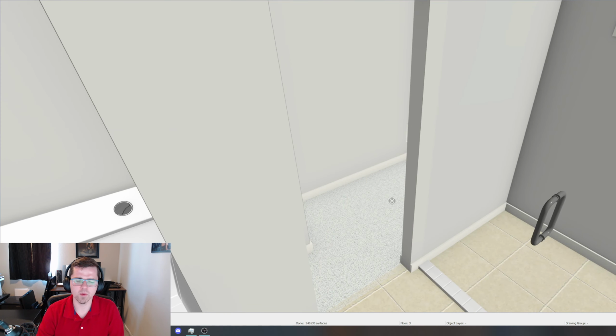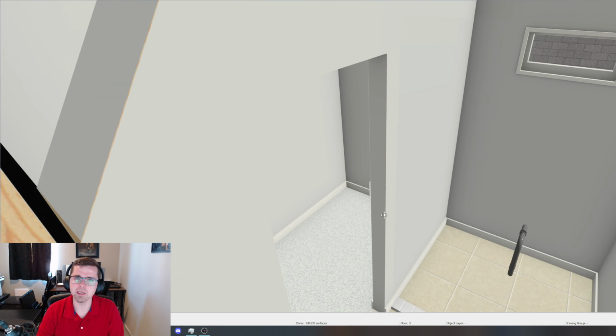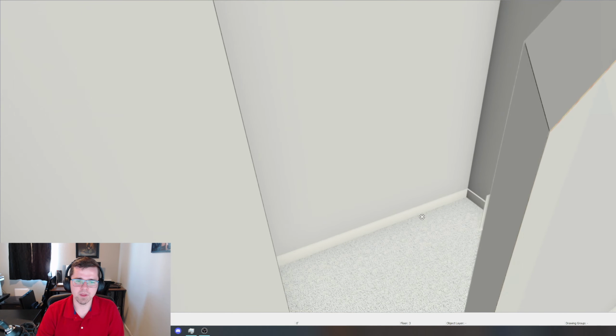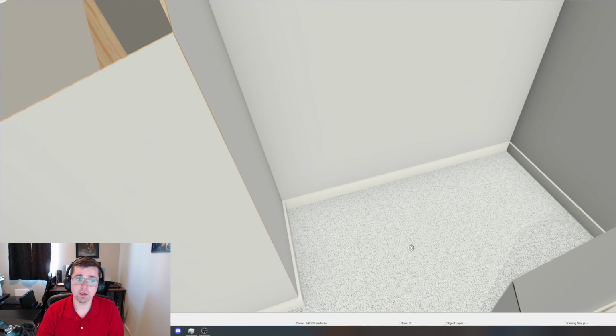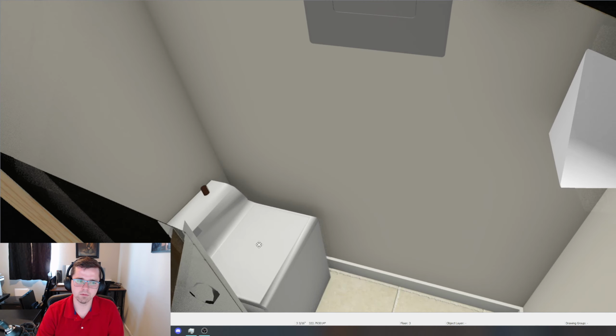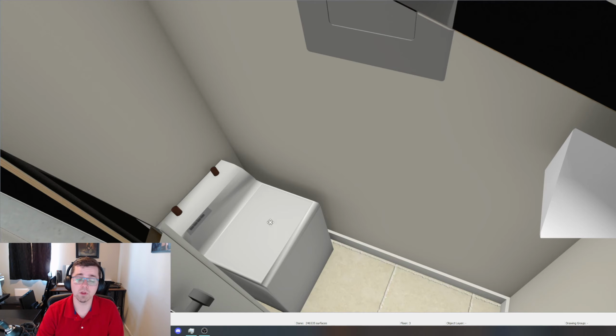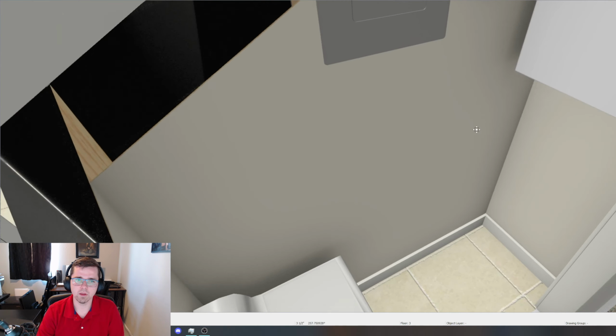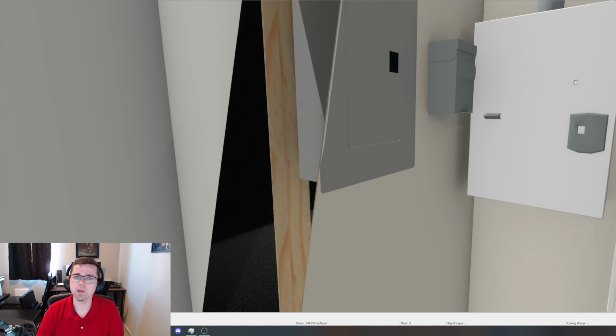I didn't go through and really furnish much of this. This is just enough to give you kind of an idea. And then we've got a small walk-in closet. The back here is a little utility room. So over here will be the water heater and the electrical panel. And it looks like we have the soft water, the electrical panel, and the water heater, the small